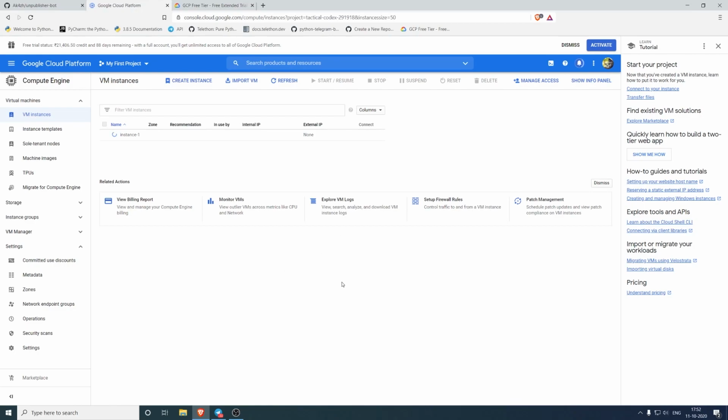Now Google is creating a virtual private server. Let's wait for it to complete. Okay, your server is now ready, and